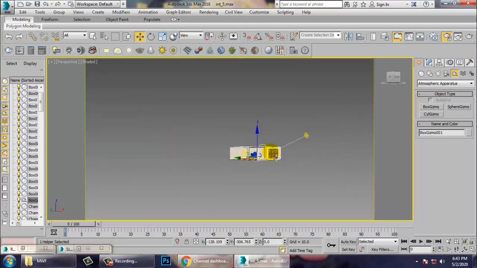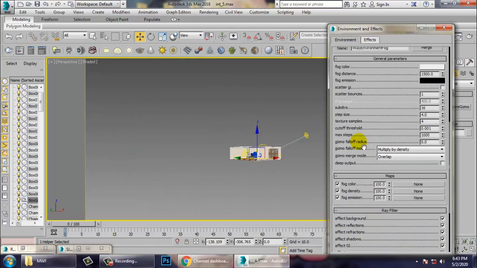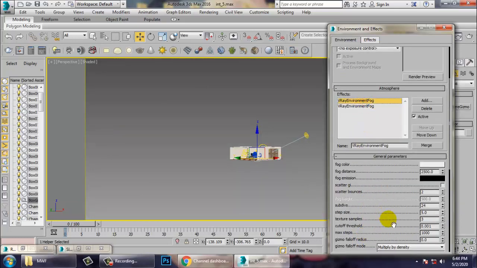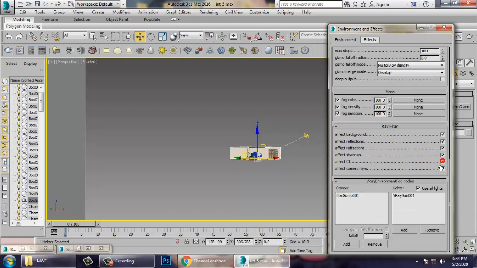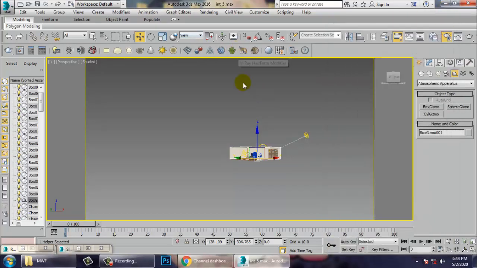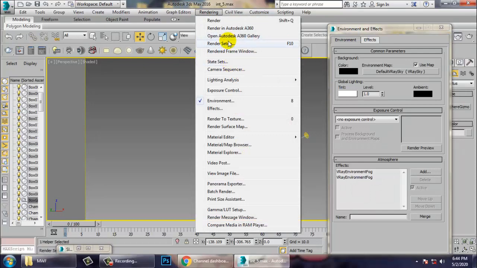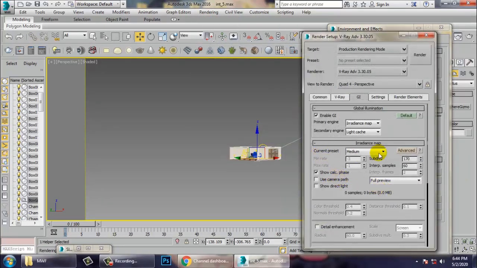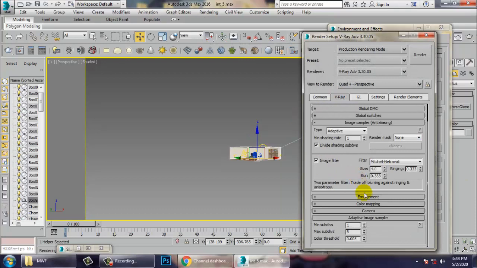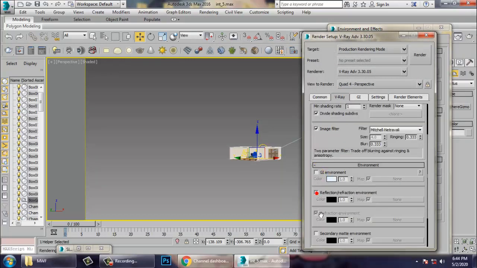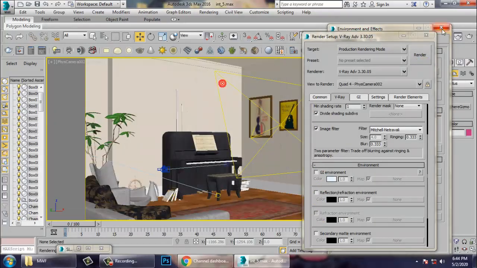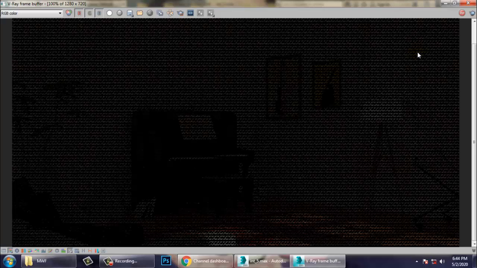Again, go into this, and the first one we'll go over here and turn off this effect, GI, rendering, render setup. And if you want you can also deactivate this GI setting over here. Let's check it. Let's render it. Let's see.